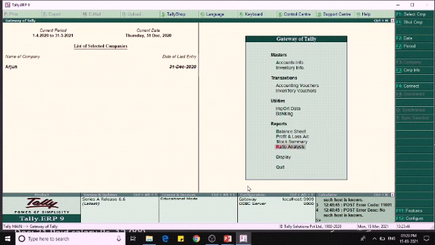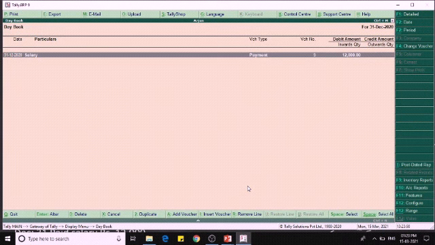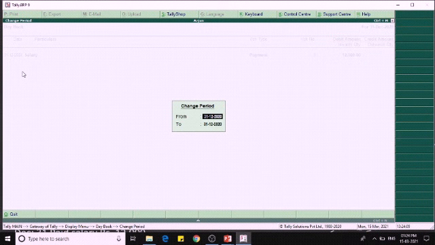So for displaying this we have to go to display and then day book. Here in the day book you can see the latest entry. Okay, so for viewing all the entries we have to change the date. Okay, for this we have to press Alt plus F2.